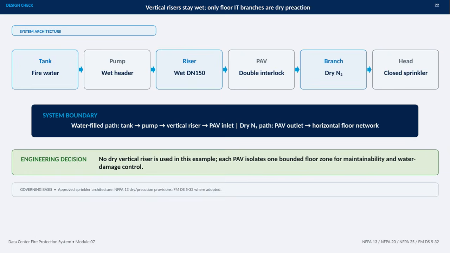The engineering decision is not to use a dry vertical riser in this example. Instead, each PAV isolates one floor zone, which supports maintainability and helps control potential water damage. The design basis references NFPA 13, NFPA 20, NFPA 25, and FMDS 5-32, where adopted, along with an approved sprinkler